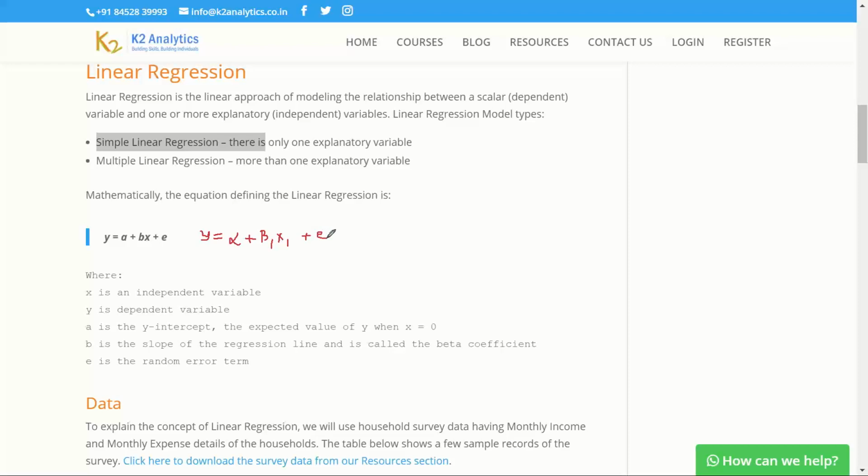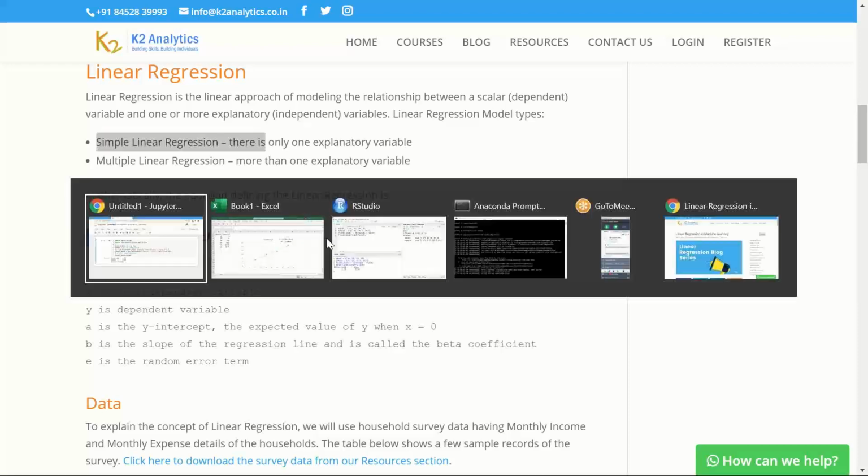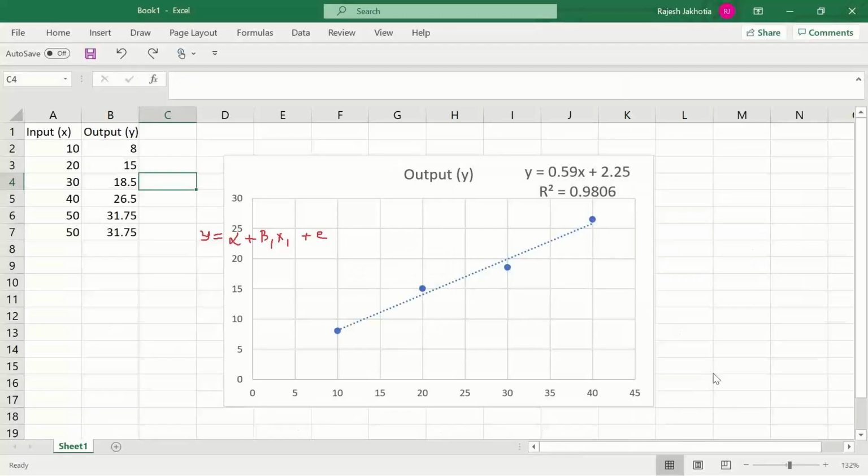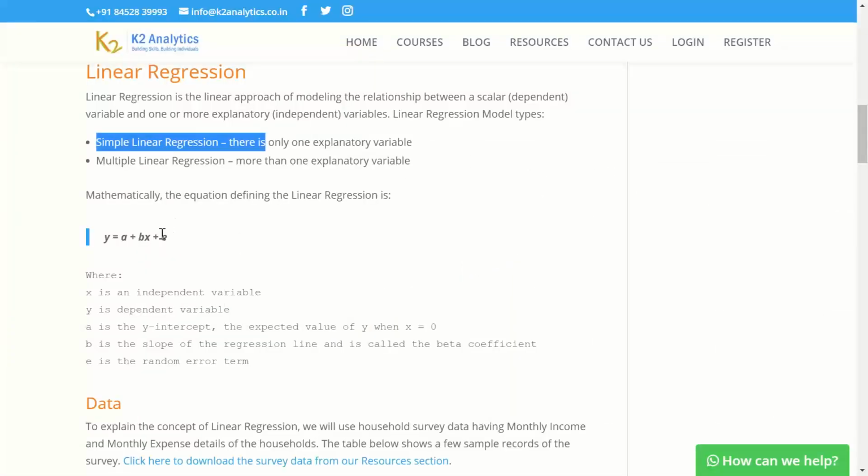Error is not going to come as part of the model equation. When we solve this linear regression, the equation which you get, y equals 0.59x plus 2.25, you will never get error as part of the equation. What the error term is trying to say is this: